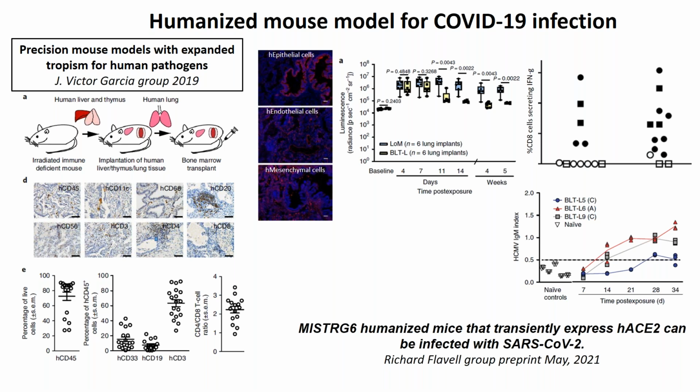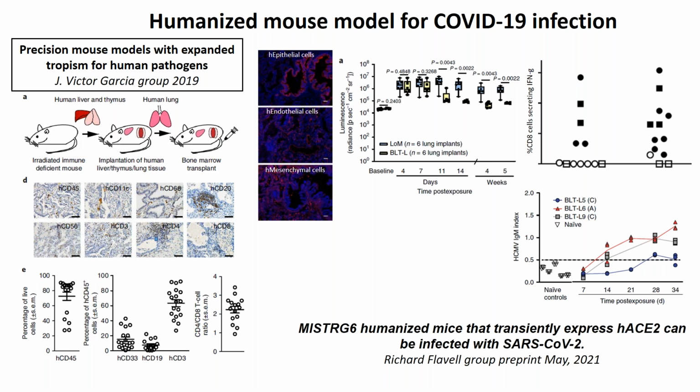And when they used this model for human CMV, they found that this BLT-L model can be infected with human CMV, shown in the figure in the middle in the yellow bars, and the animals were infected productively. After 4 weeks the level of infection goes down because these animals are capable of generating anti-CMV specific IgM response as well as a T cell response, shown in the figure on the right. So this study suggested that yes, the BLT-L model can be used for respiratory diseases like MERS or SARS or